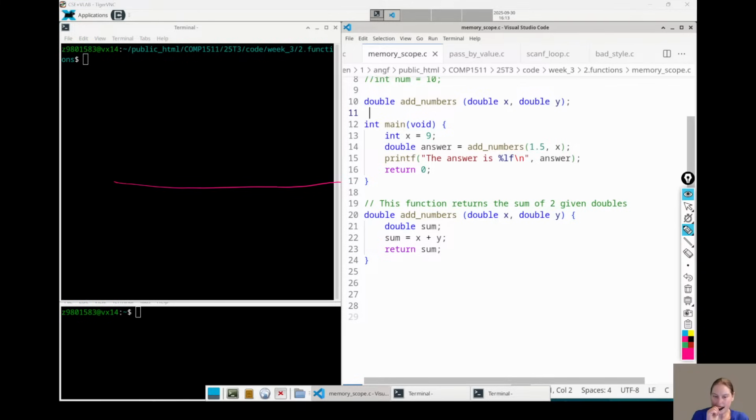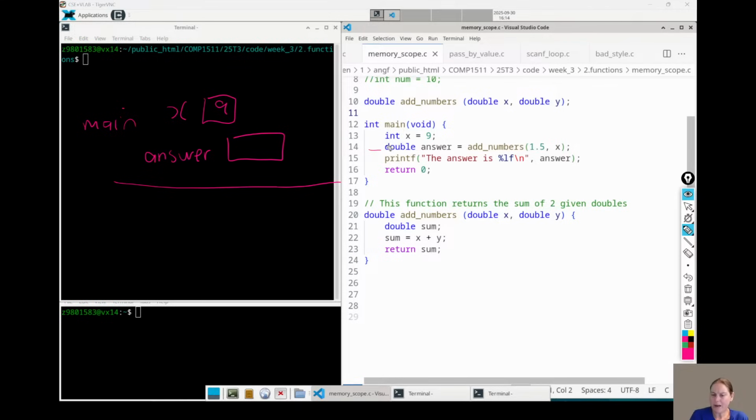I spoke about this the other day, but I want to speak about it again. When we've got multiple functions in our program, we always start with the main function, but each function has its own little spot in memory where it's got a chunk to store its own variables. So the main will have a spot in RAM with its variables, and it's got one called x, and the value of x is 9. It's got another variable called answer, and to start with, that doesn't have any value in it. It's uninitialized.